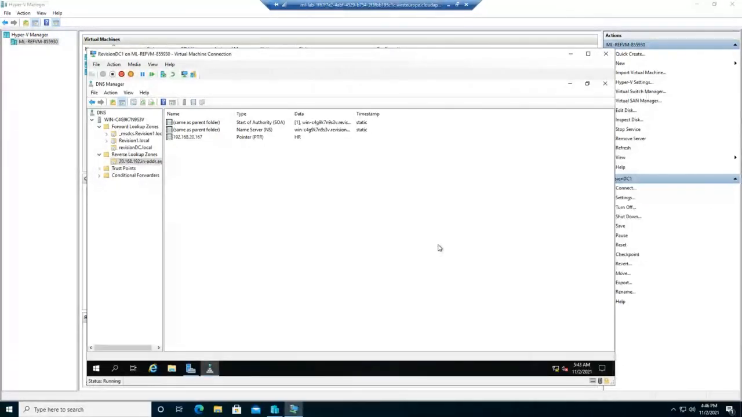Okay, can you see my screen? Yes. Very good. So here we have created one record for PTR, so we are done with DNS, mashallah. That's really good. So we have done DHCP and DNS in almost